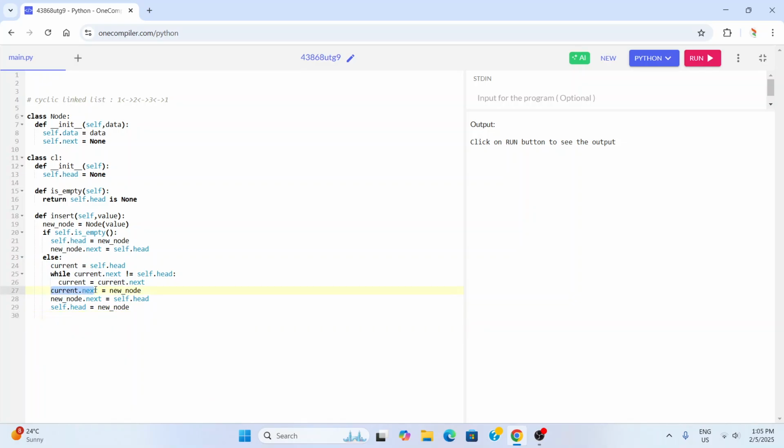Okay, so this will tell the pointer current, as current.next, is the new node. Then we say that the new node's next pointer will be self.head, and finally we will update the self.head pointer to the new node. Okay, so this will swap the variables. Okay, so after doing this,